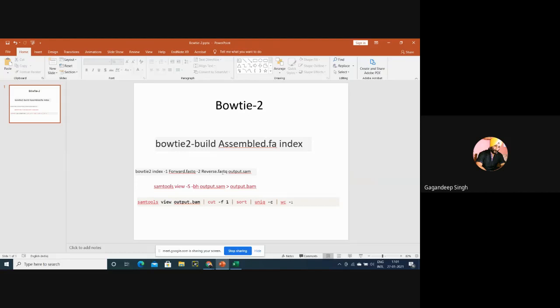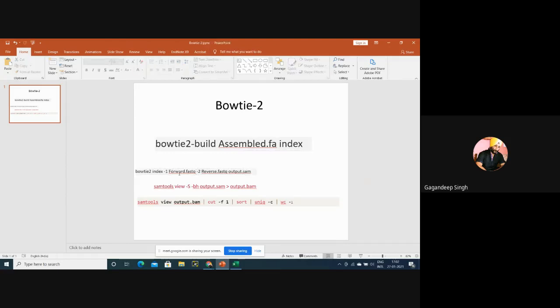What is the meaning of forward and reverse? If our file is paired end, then there are two files in FASTQ format, one forward and one reverse. But if our file is single ended, then we have to type only the forward sequence, and we type S, meaning single ended file. But this is not a single end file, this is a paired end file. So with bowtie2, we say -1 for the forward.fastq file and -2 for the reverse.fastq file, and the output should be generated in SAM format, whatever output you need.